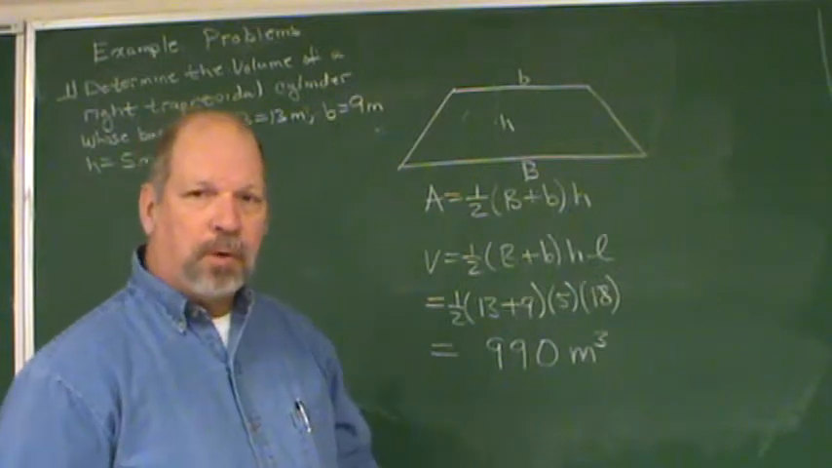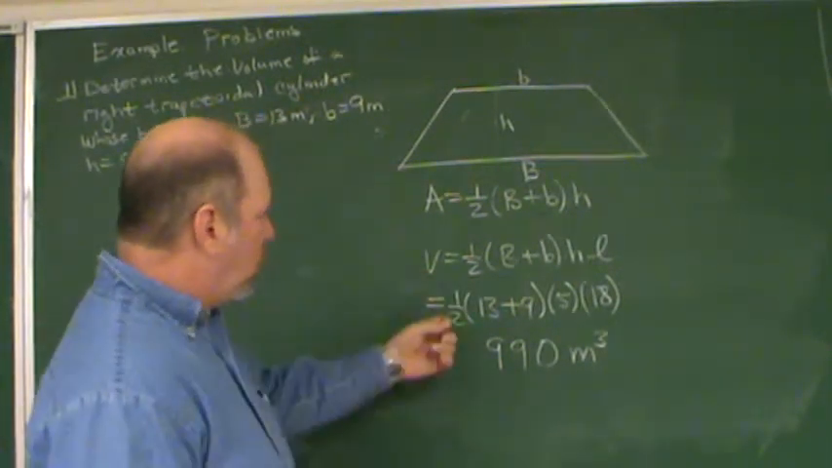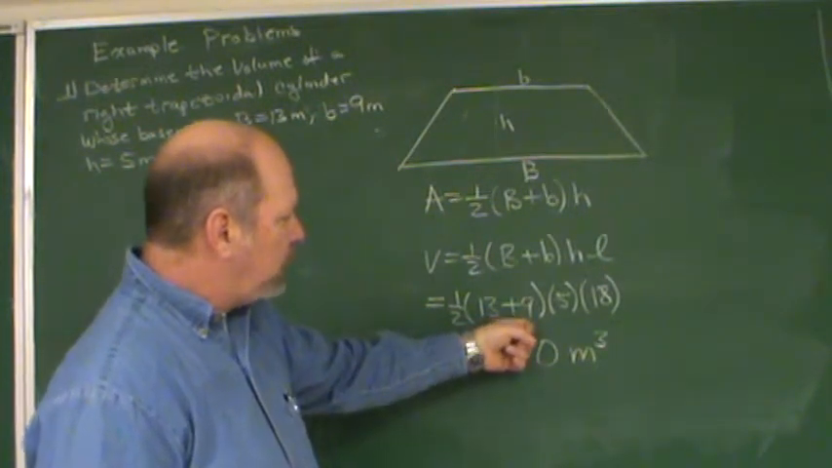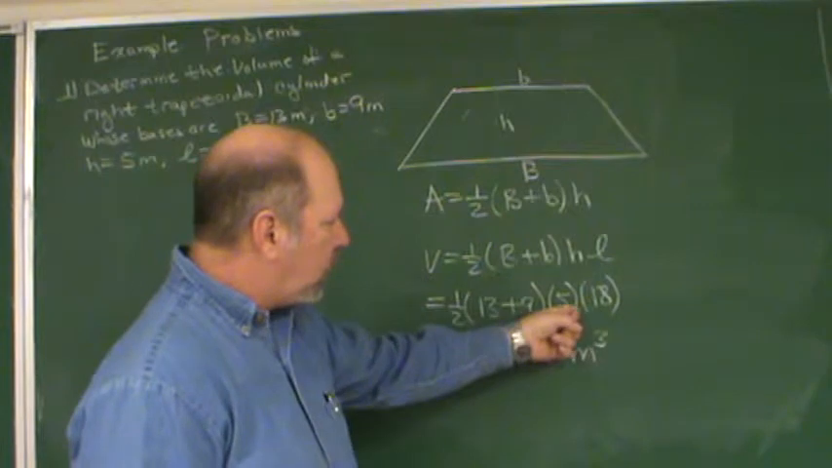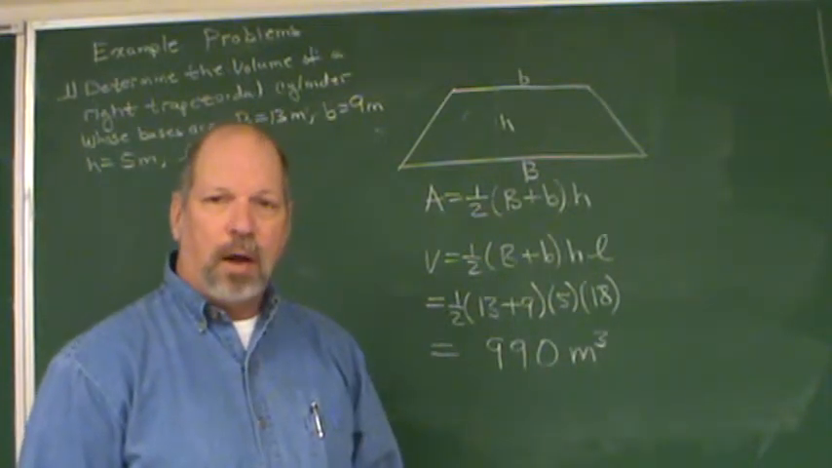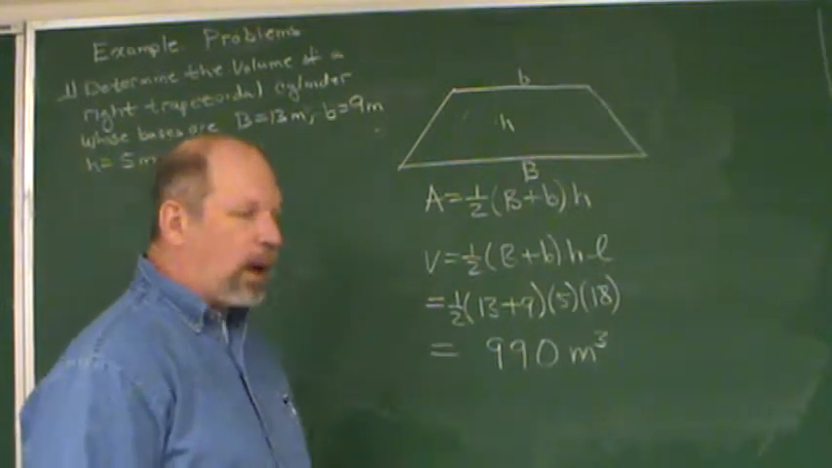So this problem is really pretty simple. Once you know that formula, you just plug and chug. 1/2 comes down, our big B was 13, our little b was 9, our height was 5, and our length was 18. Then get your $100 calculator out, multiply all that in, and you should come up with 990